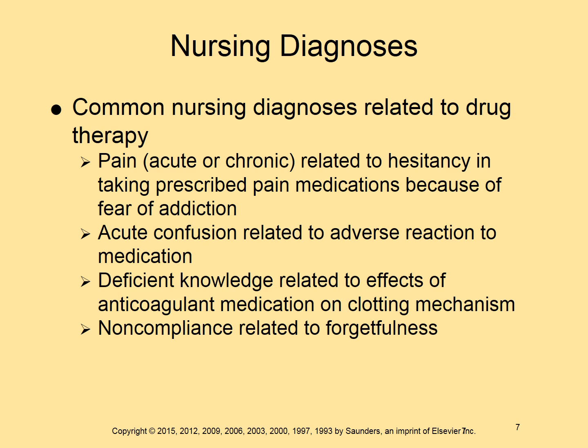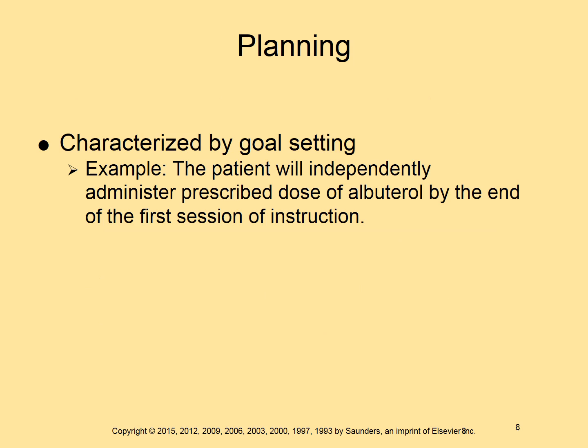And here, a hesitancy for fear of addiction, proper teaching about chronic pain or acute pain and how to take the medication, not to let the level get so high. All those factors are very important in your teaching. And of course, your planning, your APIE: assess, plan,